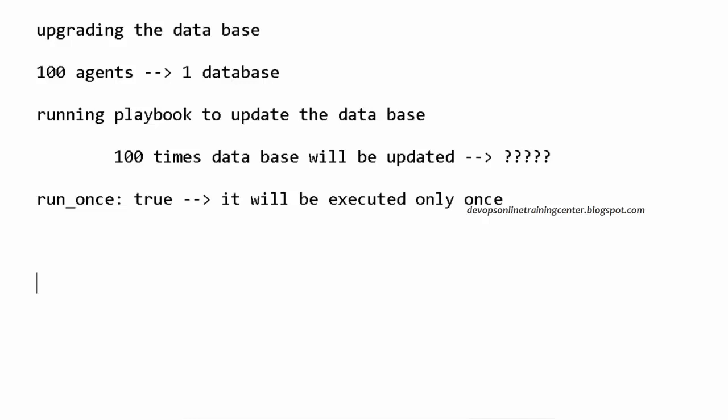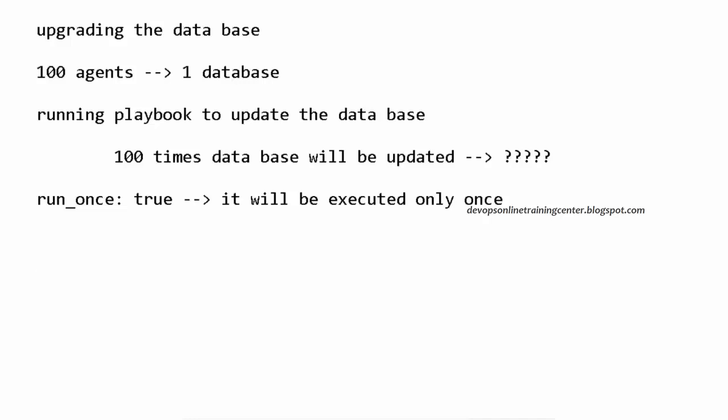If there is a task which has to be executed multiple times from different machines in a group, I want to restrict that behavior, and from only the first node, this has to be executed. Let us say there are 100 nodes and there is a centralized database and there is a playbook written to update the database. This playbook will be executed on all 100 machines, right? When we execute a playbook, the host variable is there. So that host is pointing to web server. So web server has 100 machines. So on all 100 machines, it will be executed.